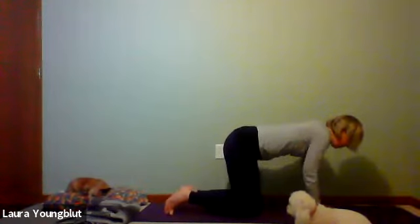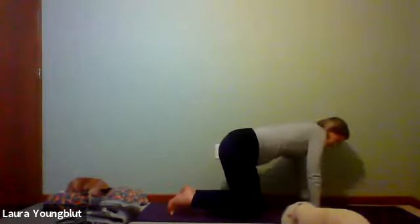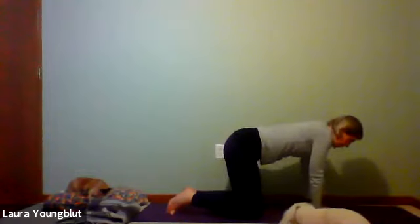So once you're in your tabletop pose, some people like to just do a cat-cow to suss around and find some stability here. So do what you need to do, but spread your hands nice and wide underneath your shoulders. Knees are underneath the hips. If you want to sway from side to side, you can. Nothing fancy, nothing crazy. And then when you're ready,